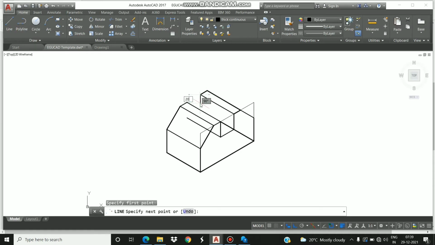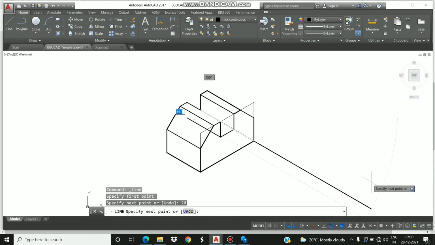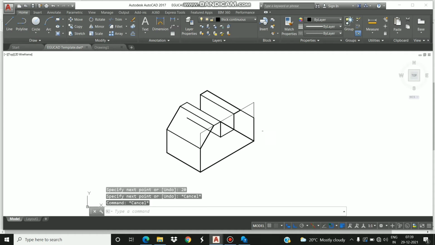Downward line of 20. Similarly, from this end, a downward line of length 20. Well, not from this. This will be from this line, 20 downward and 20 horizontally.